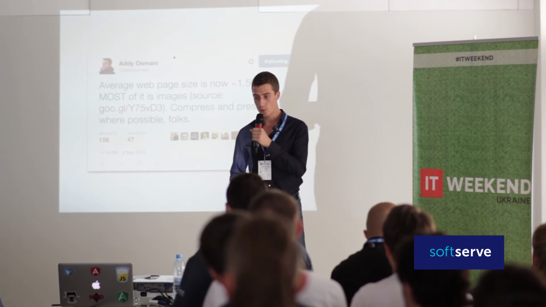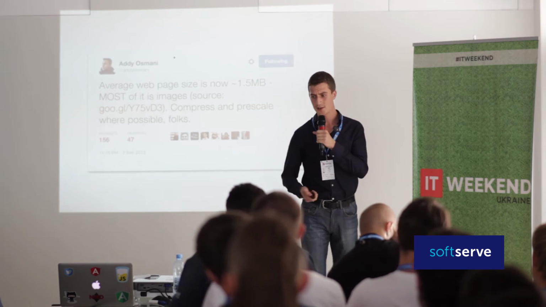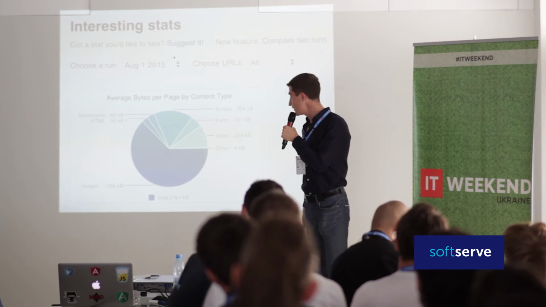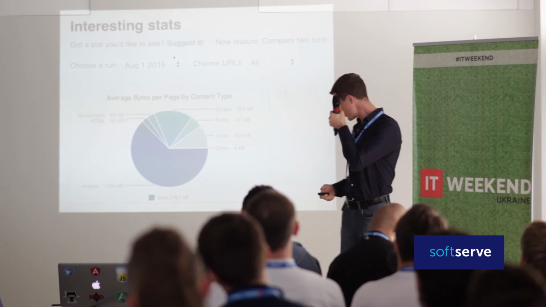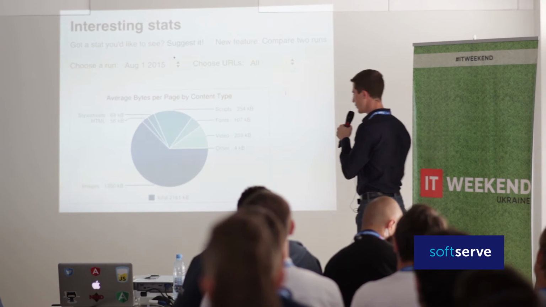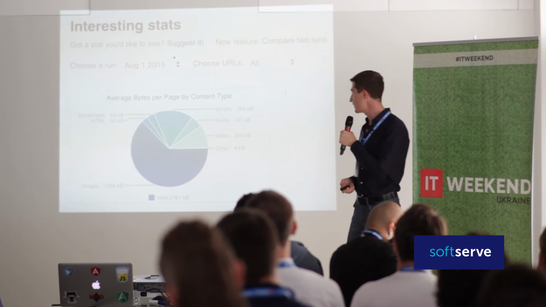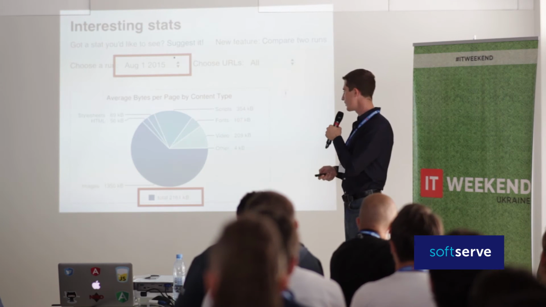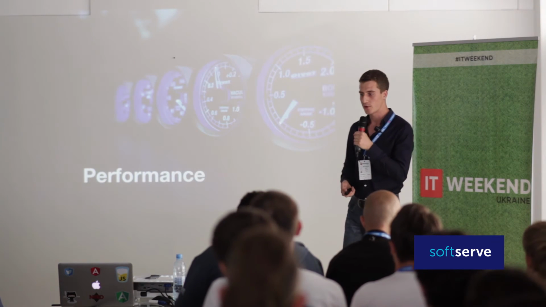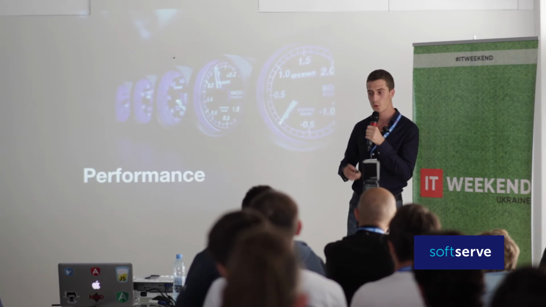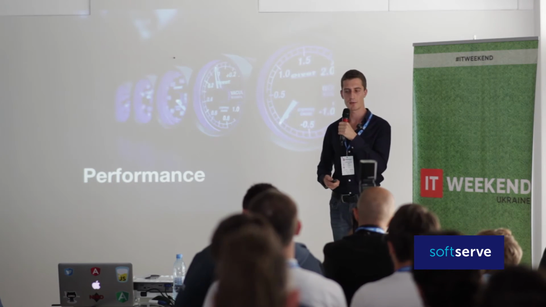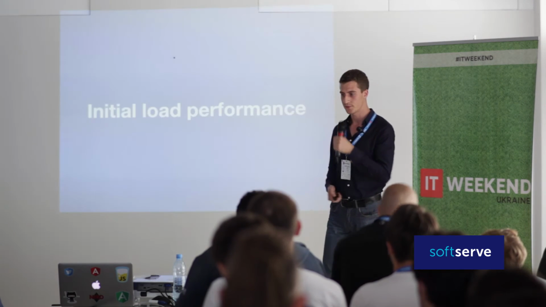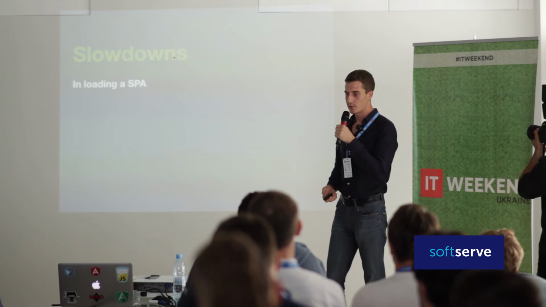Also, the average web page size was 1.5 MB, and that was 2013. These days, the average page size is 2 MB, 161 kilobytes, which is a lot. I mean, and this was 1st of August. Maybe it's a little bit more, with a few kilobytes now. So we need to talk about performance, because on low-end mobile devices, we might wait for our single-page application to load for a couple of seconds, or even minutes if we are in the subway, for example, and we have poor 3G. So let's talk about the initial page performance.